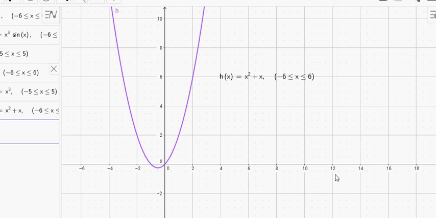You can also see it's not odd. If you take this part of the function here, reflected in the y-axis, you will get something up around here. If you reflect that in the x-axis, it'll be down here somewhere. So f of x is not going to be equal to minus f of minus x. So this is neither even nor odd.